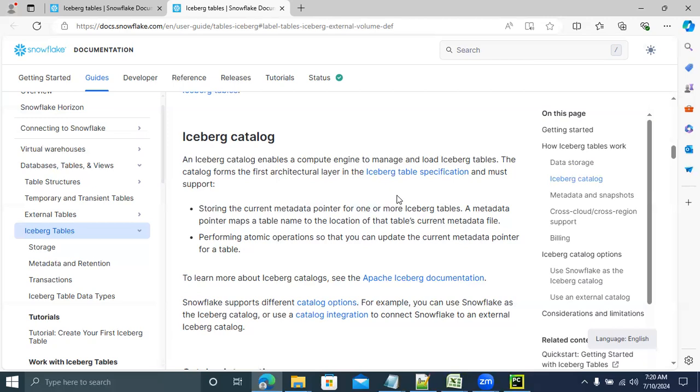Another feature is advanced analytics. If you want to do machine learning, predictive modeling, data mining, or other advanced analytics, you can go for data lakes. Next is data ingestion.